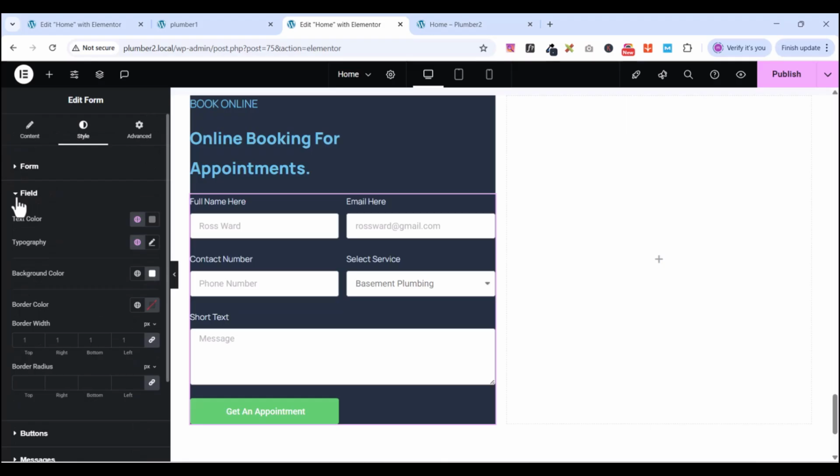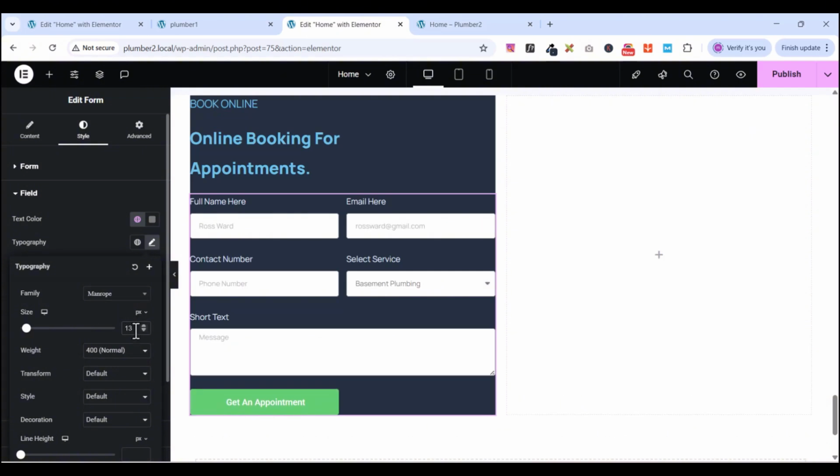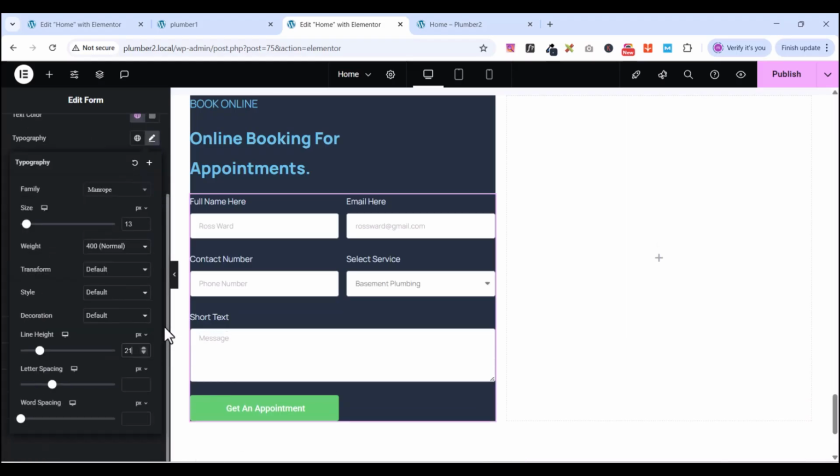Let me go back to the third. So from the third, I'm going to add this one, Manrope. Then I'll make it like this, and I'll make it 13. Okay, I'll make it 13. Then the line height, let me make it 21. All right, so let me make the line height 21. Okay, so from here,